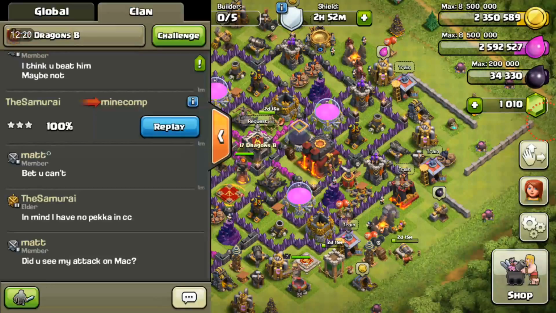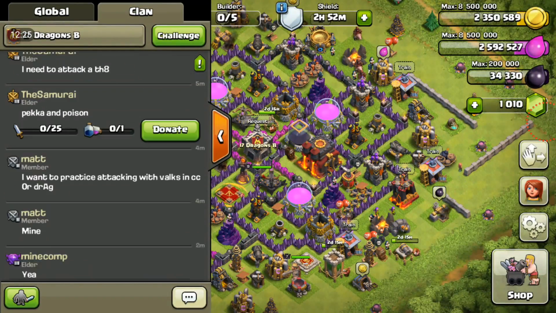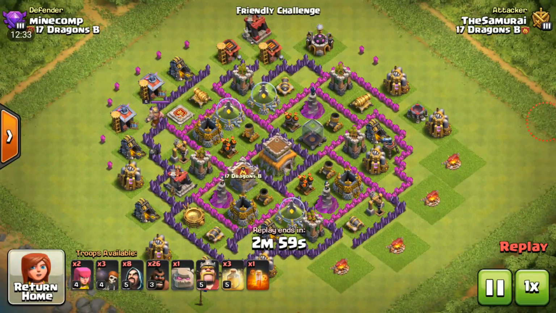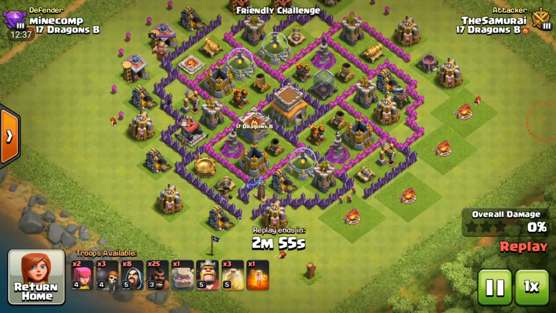I'm going to go ahead and show you guys some of the updates that have happened in the aesthetic designs and things like that. Okay, so the first thing that you'll notice is that you can challenge your friends, and you can actually watch the challenges. So this is a raid here by the samurai on Mein Kampf, and he's doing a hog attack